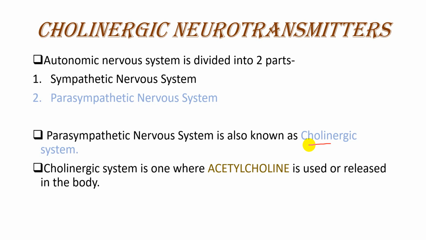And why is it known as the cholinergic system? Because it uses acetylcholine. When we are talking about acetylcholine, then we are discussing the cholinergic system. Alright, so in other words, the cholinergic system is one in which acetylcholine is involved. It is used or released in the body. Okay,